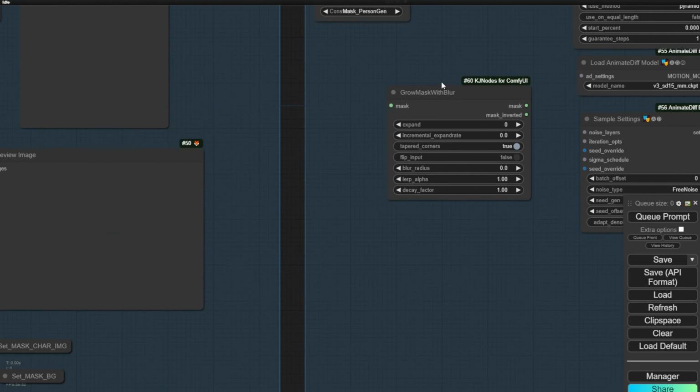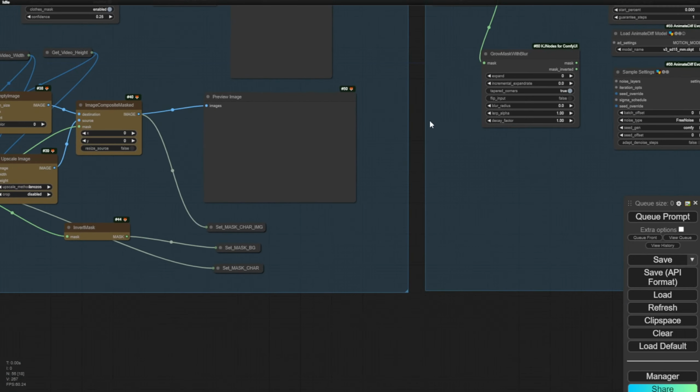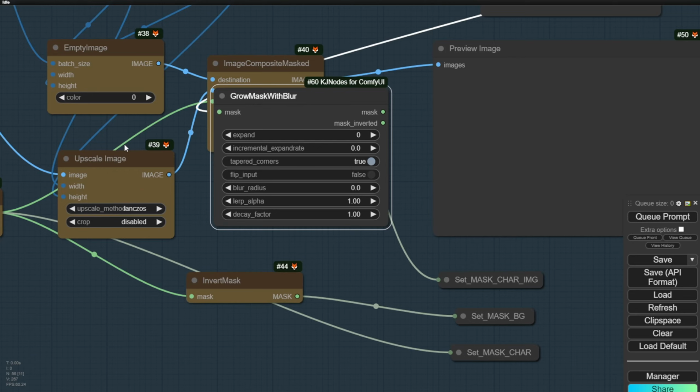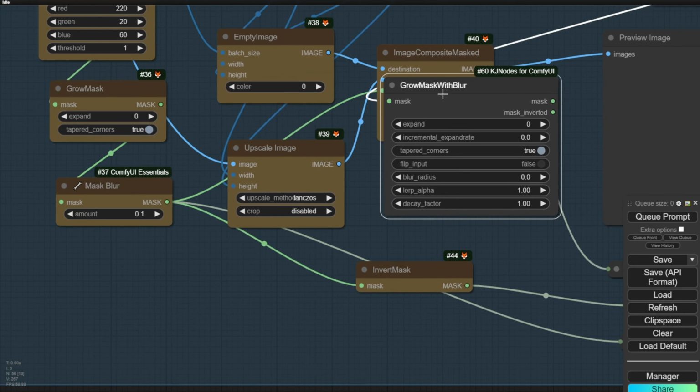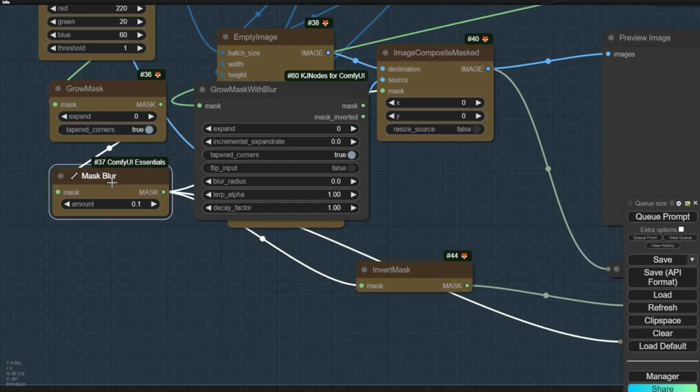But then JK Nodes combines two things into one custom node, and it's a very compact way to make things. So why not use it, right? As you can see, the settings of this are very similar to the mask grow and mask blur that we use for the Coco segmenter group that's expanded. You've got the incremental, expanded, and you got the blur rate, etc. Everything is very similar.